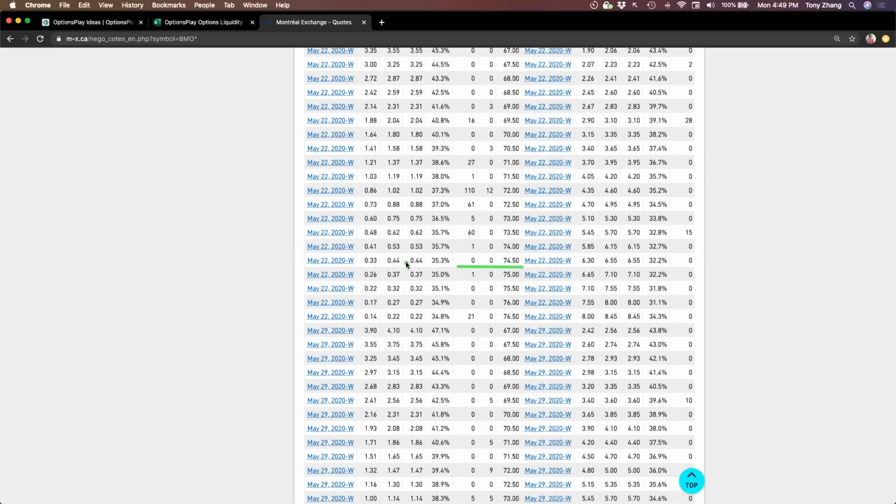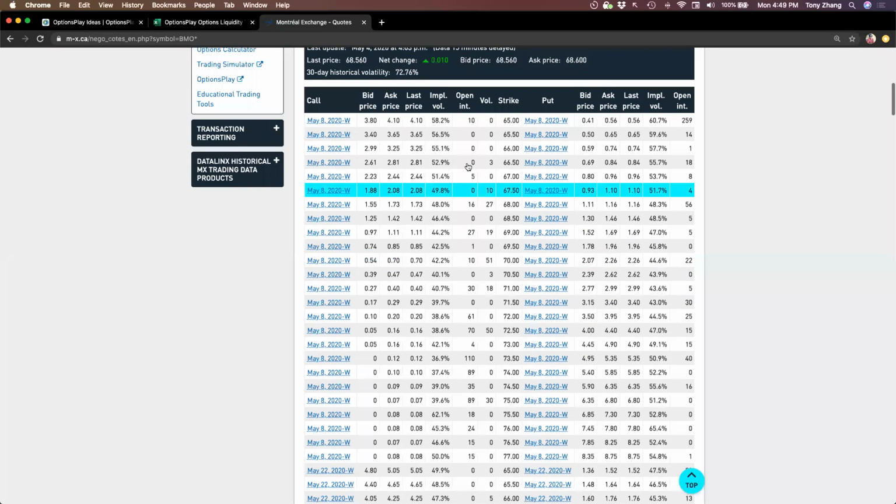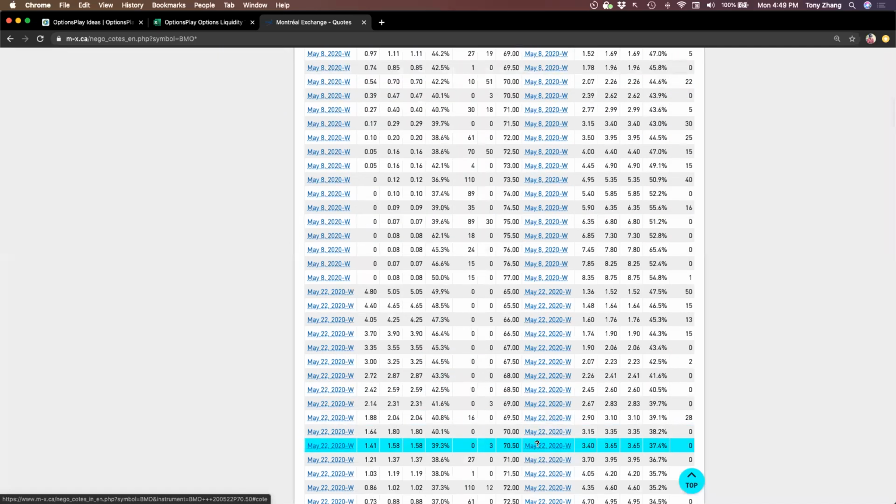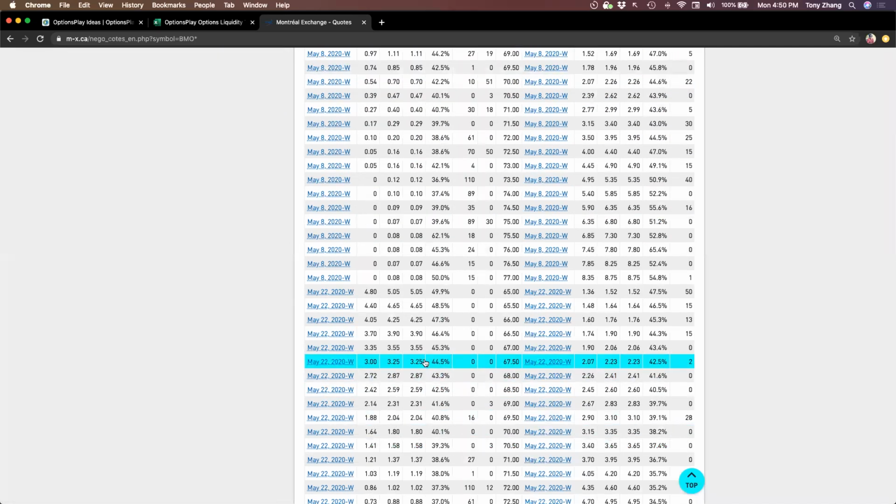Now, if the bid-ask spreads here are really wide, then that's a different story. But you'll notice that bid-ask spreads don't change from strike to strike. They generally have roughly the same bid-ask spread, regardless of how far you go out of the money. That's because liquidity doesn't really differ from one option to the next. If liquidity really differed from one strike to the next or one expiration to the next, you would see differences in the bid-ask spread. So I hope that is